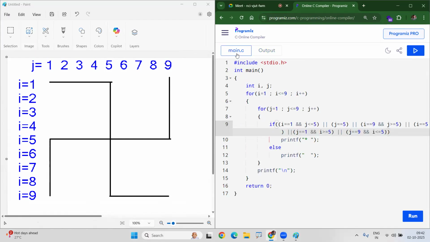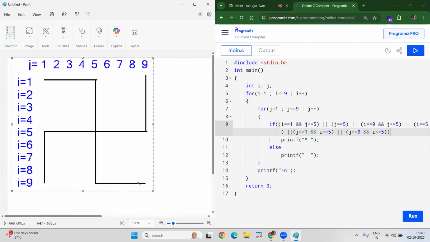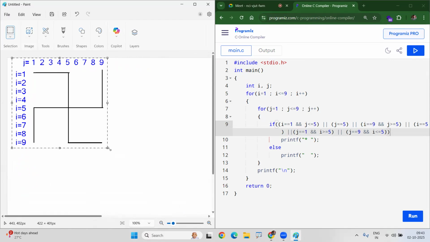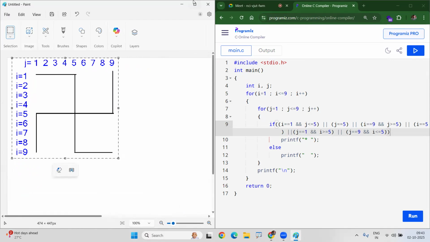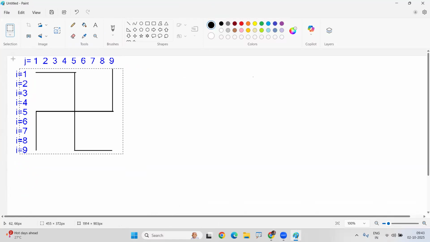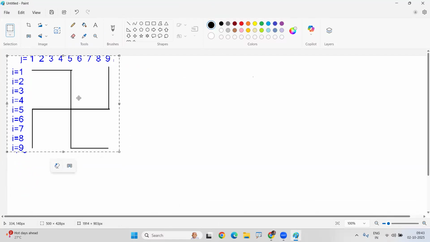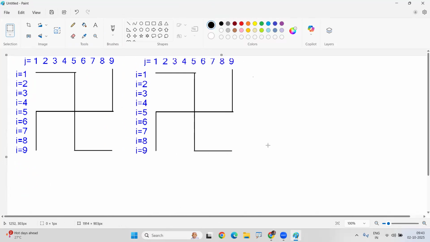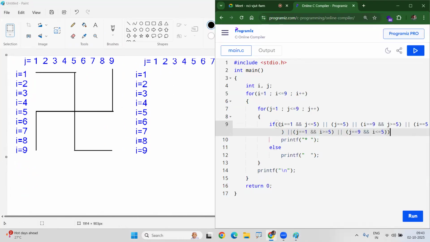So this one is printing like this. This one is printing like this. Let's say, just wait. Now, based on this one,